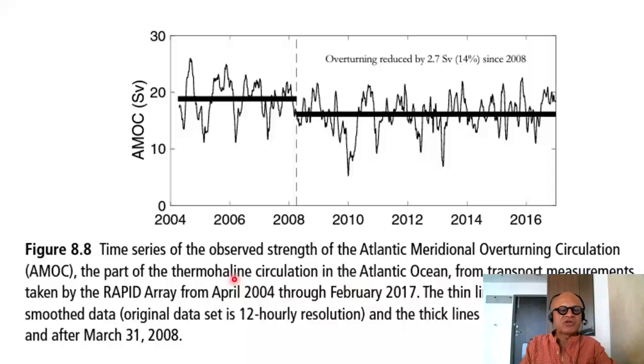The thin line shows the 30-day smoothed data. The original data set is 12-hourly resolution. And the thick line shows averages before and after March 2008. So overturning here reduced by 2.7 Sverdrups. A Sverdrup is a million cubic meters per second. So that's a 14% decrease since 2008. So in the next chapter we will see the consequences of this in terms of the warming pattern in the North Atlantic. Okay, so there is some indication that the thermohaline circulation is responding to global warming in terms of